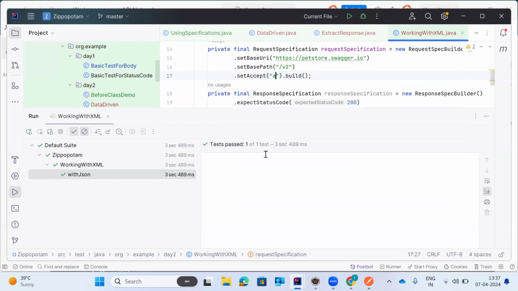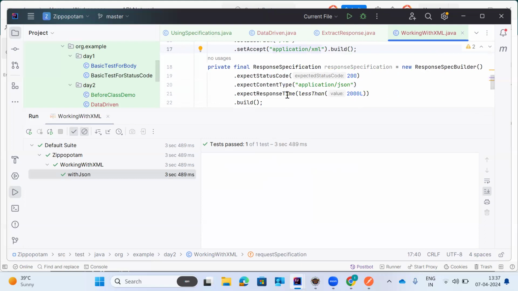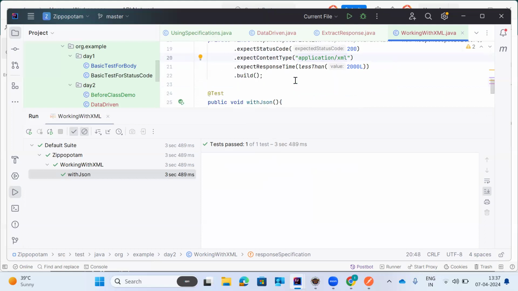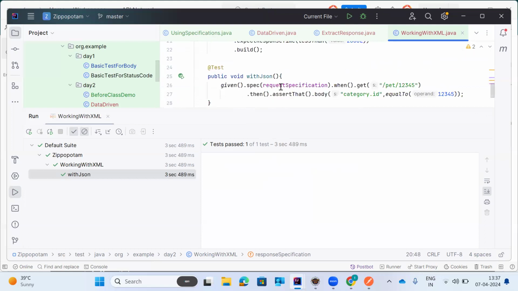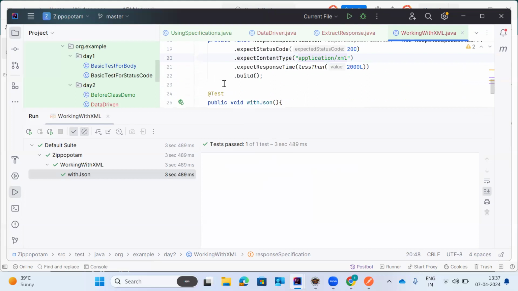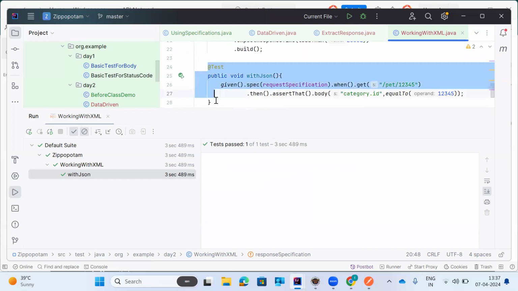You are saying application/XML. So even the response type you will be accepting as XML, right? If I'm sending this and now I want to work with XML,